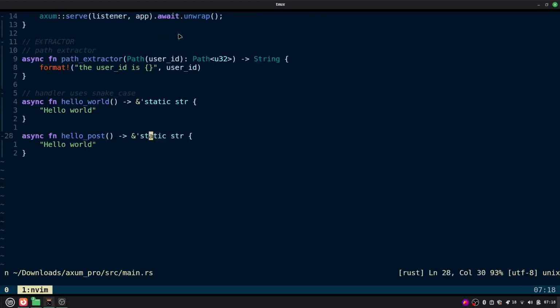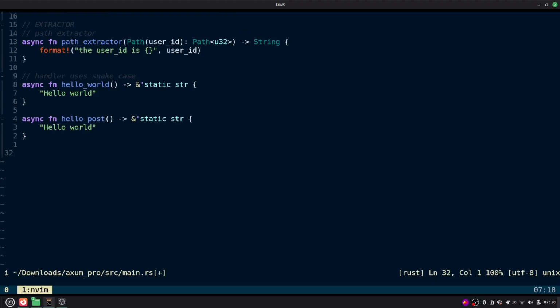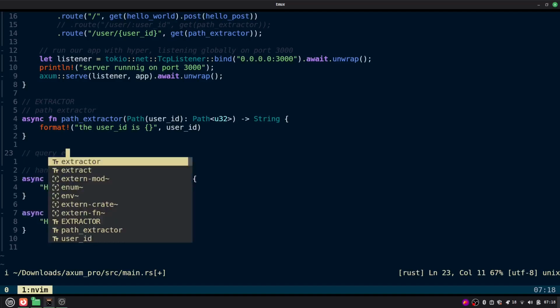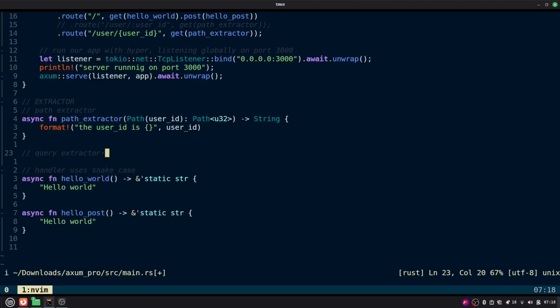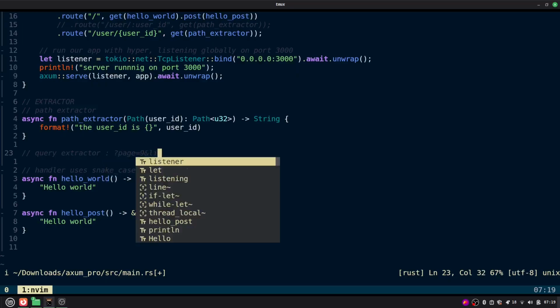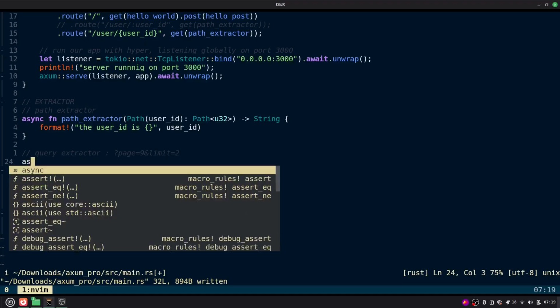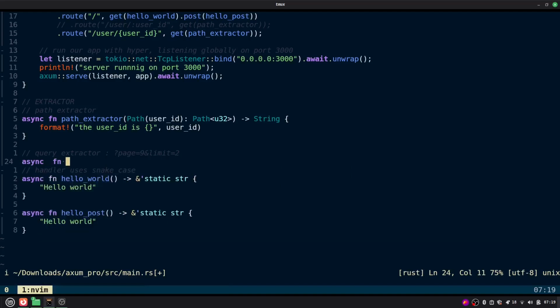The next one is to look at the query extractor. Let's put it here. I'll do the query extractor. The difference between the path extractor and the query is that for the path we use something like the colon, while for a query parameter we use the question mark. You can do question mark and something like page equals 9, and something like limit equals true. And to write a query extractor, I'll do async function, query extractor,